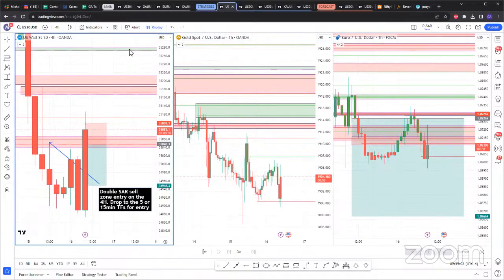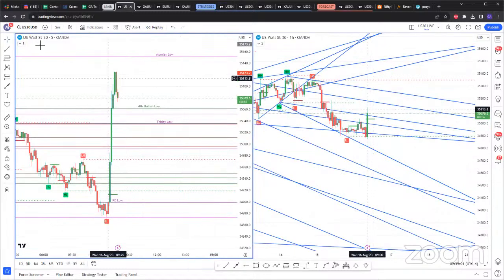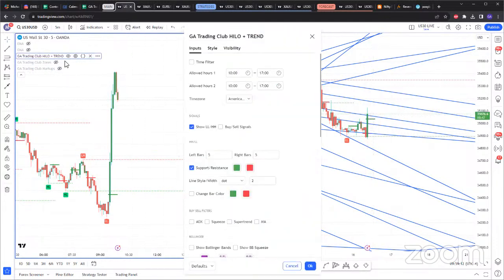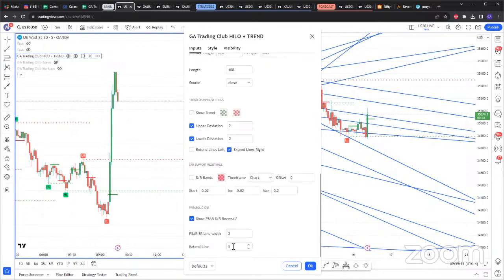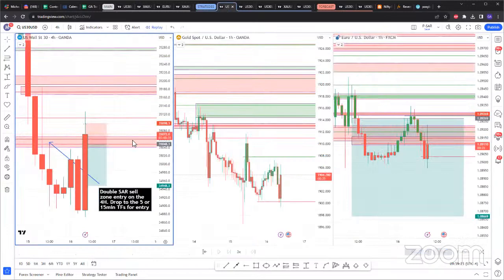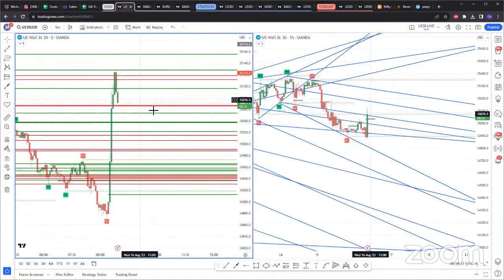The other thing, I'm just talking to my programmer and we're trying to get this done, because I know there are folks who like extending these SAR regions, even on the 5 and 15 minutes. Personally, I do not extend them on the 15 minute and 5 minute. I only extend them on the 4 hour and 1 hour. But I know folks like Desire, right? I know you talked about it, and if you're extending, this is an entry for US 30, because this would ideally be 2 closures below, and we have another double SAR. But I know there are people who like extending on the 5 minute and 15 minute.